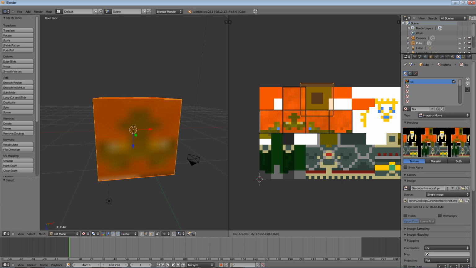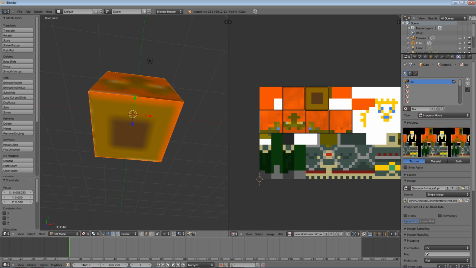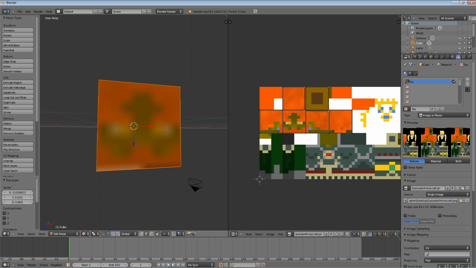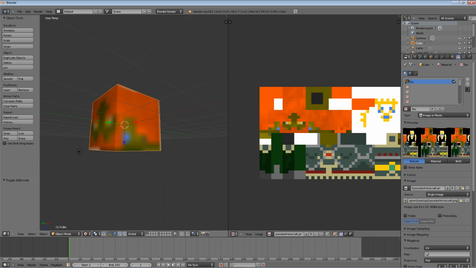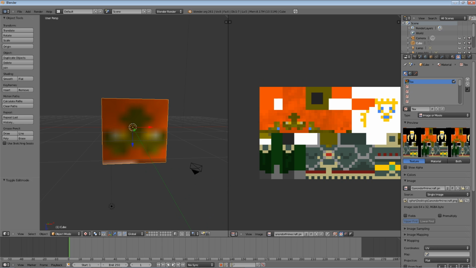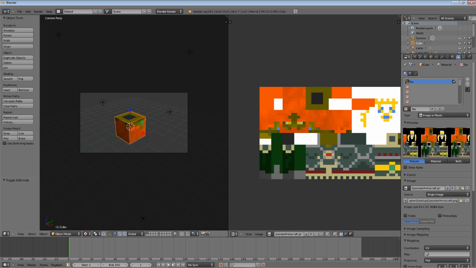G, just put this over where the neck is at and scale it in. It doesn't have to be perfect. I would suggest that if you're making it larger and you have a high resolution, to get it pretty close to perfect, but with stuff like that it's never gonna be perfect. This is just a tutorial for demonstration purposes. So there we go, we've got our textured Minecraft head,